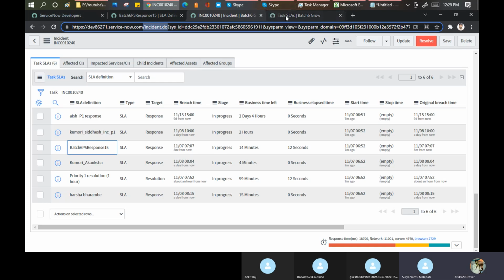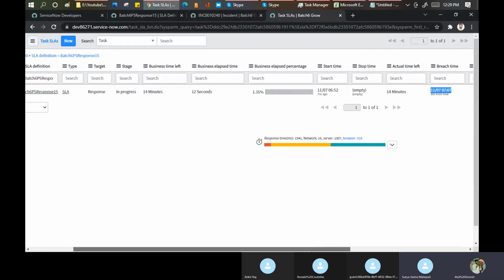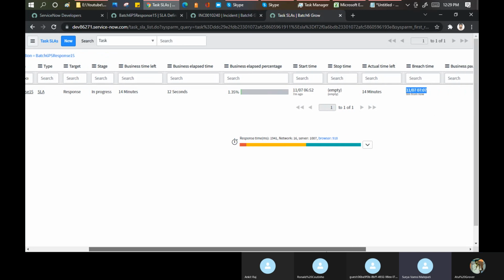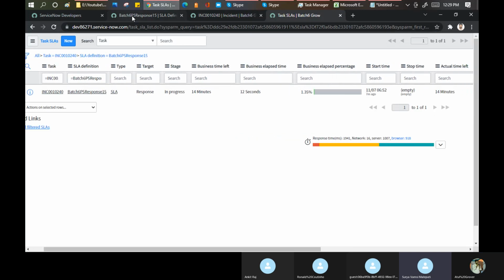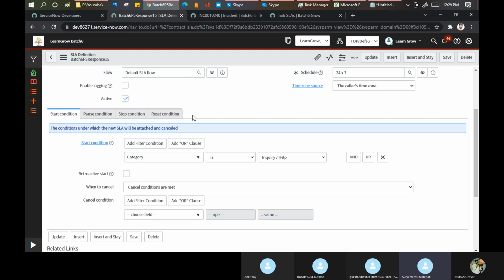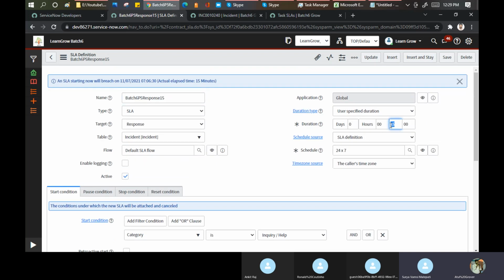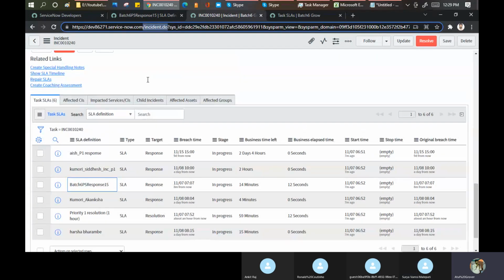Anyone? Yeah, Atul, regarding this 15 minutes SLA time. You haven't defined any other column, right? Like the SLA will be 15 minutes except in that name column. No, we defined it here. See, 15 here. Okay. Duration. Yeah. Okay. Now what I will do, I'll make a change in the category.